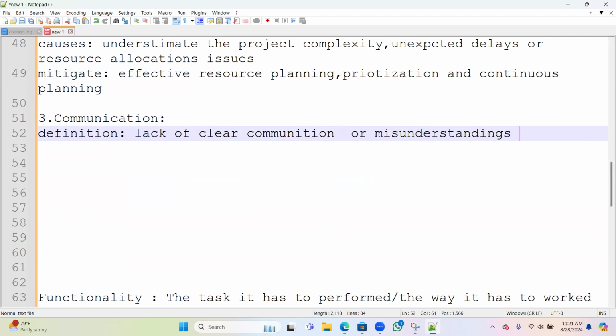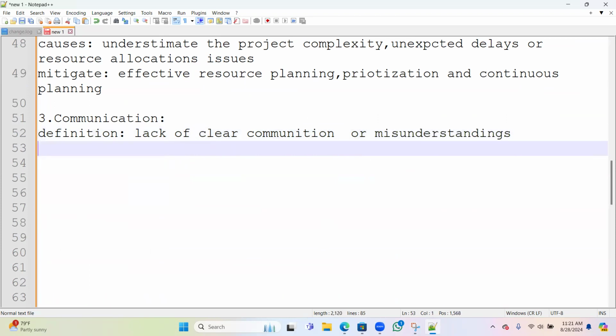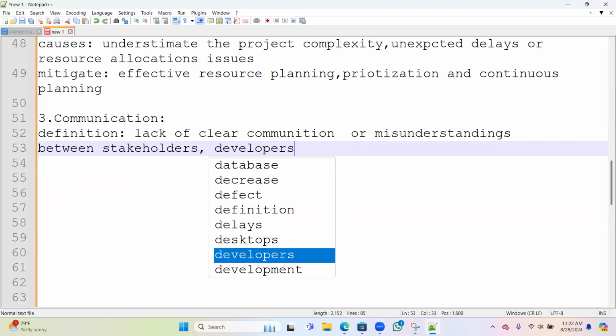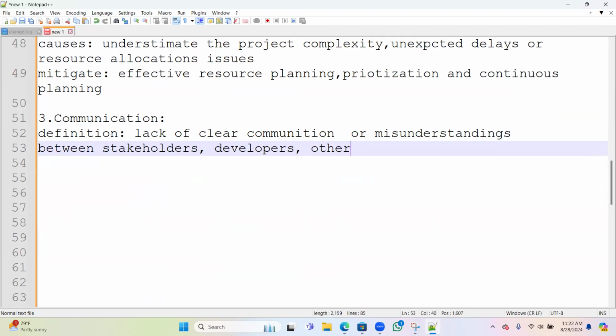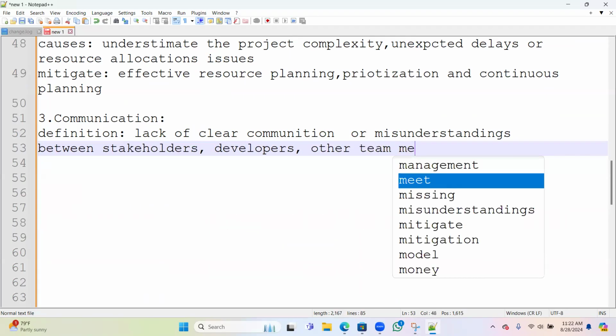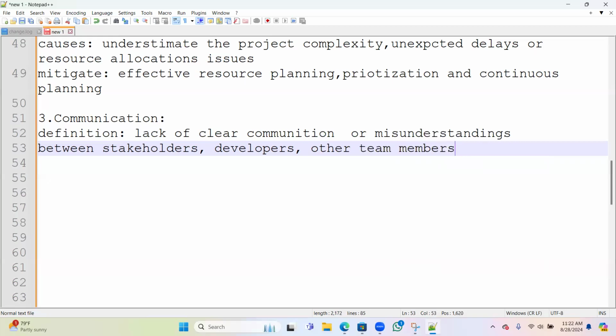Misunderstandings. So it might be between stakeholders, or means the owners or developers, or I can say other team members. So I told you something, but my pronunciation might be different, or the way I speak might be different.